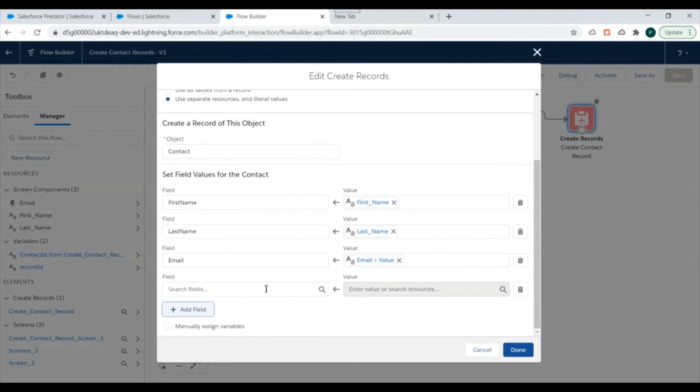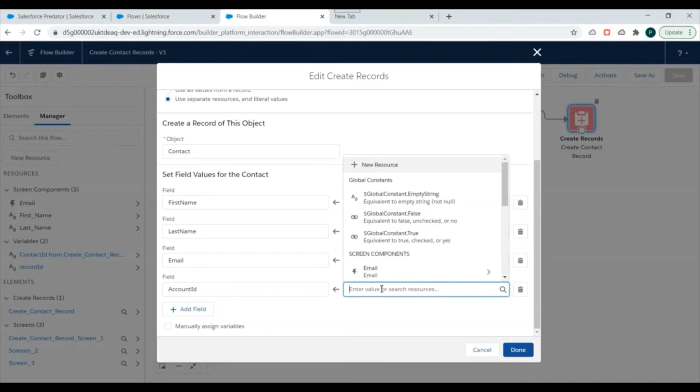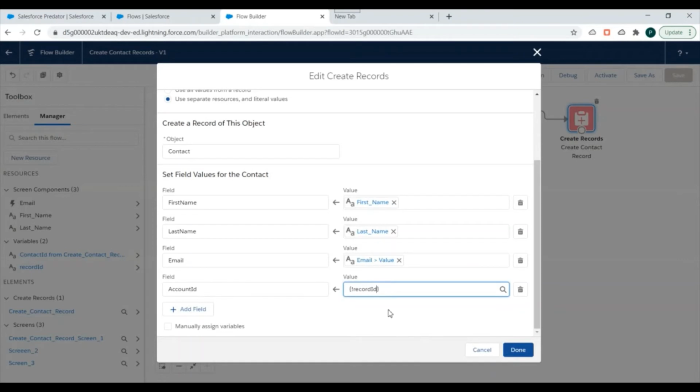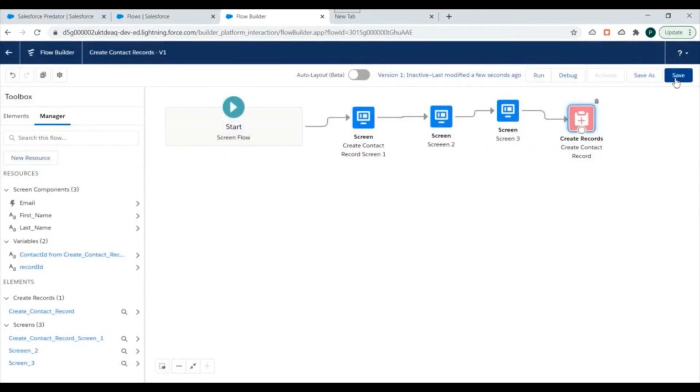We'll add one more field over here, and it would be account ID, and we'll take the value from variables, so this is the record ID variable. We'll take the value from the record ID variable, and click on done. We'll save this. Once saved, we can activate this flow.